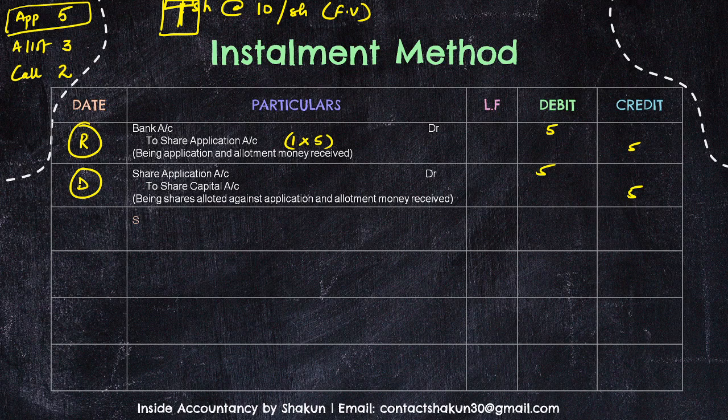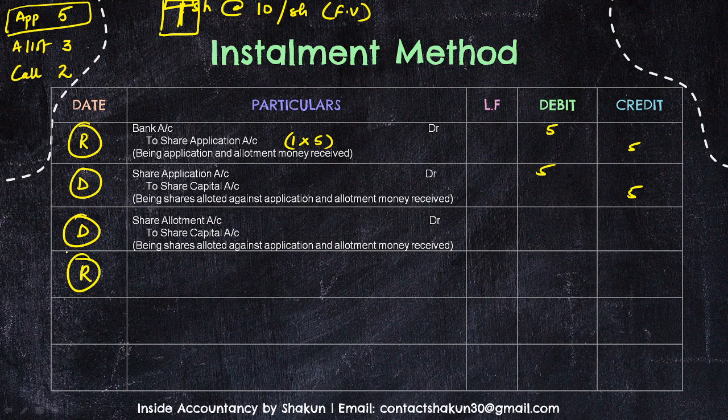But in case of allotment, first we will make it due and then we are going to receive it. The allotment was at the rate of 3, so 1 share into 3. In the questions, obviously you will not have one share, you will have 10,000, 1,000, 1 lakh and so on. So the number of shares will be multiplied by the rate of allotment, that is 3. By 3 rupees I've passed this entry. First I've made it due, transferred to share capital, and then I'm going to receive it